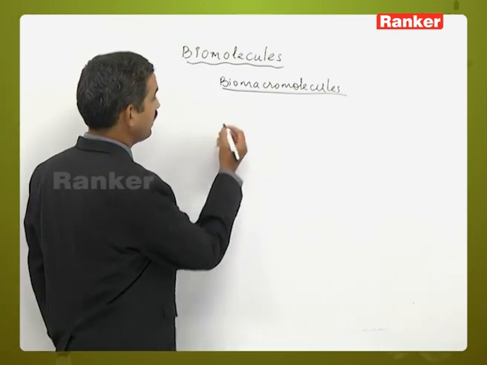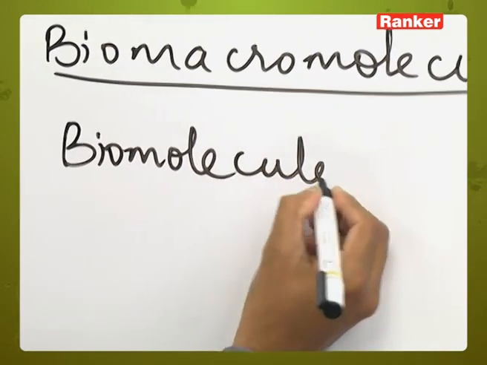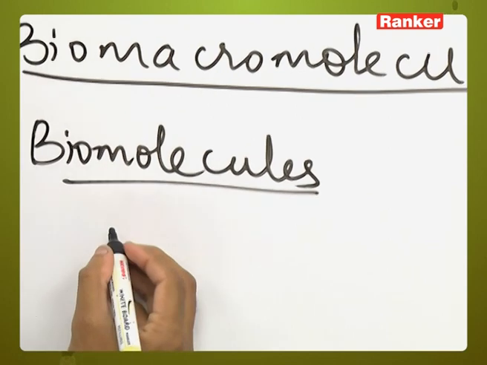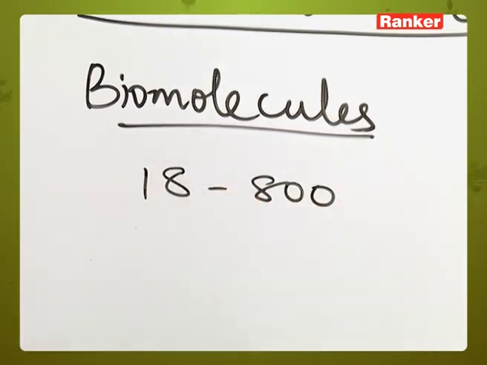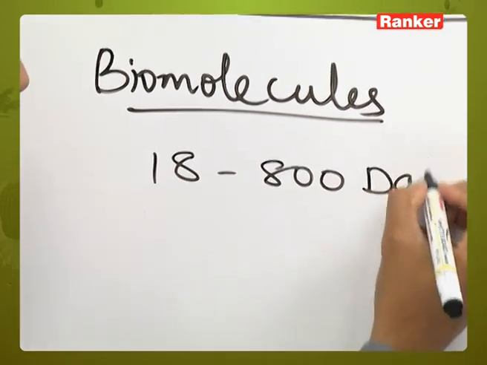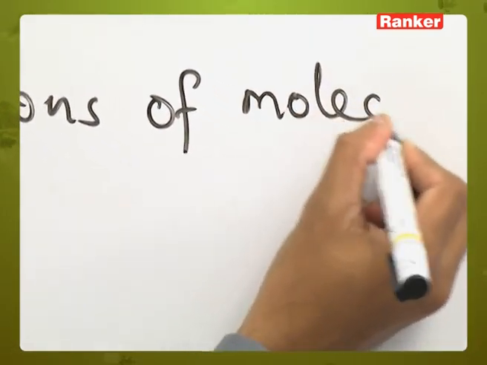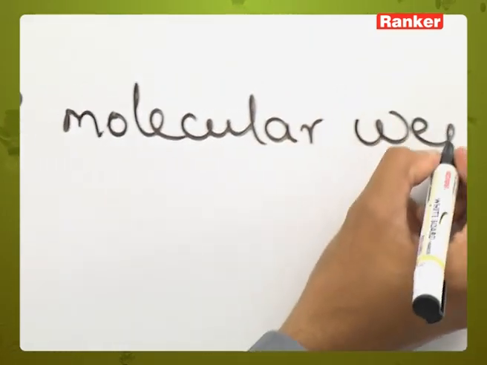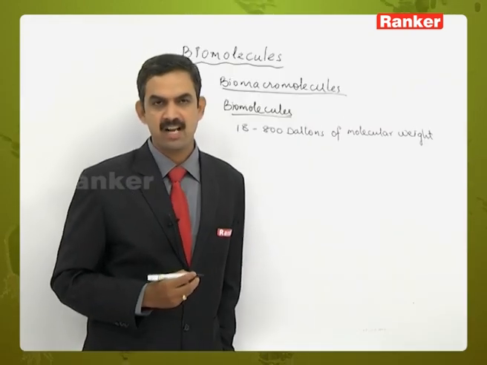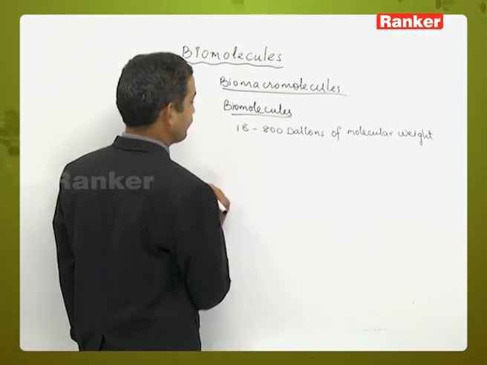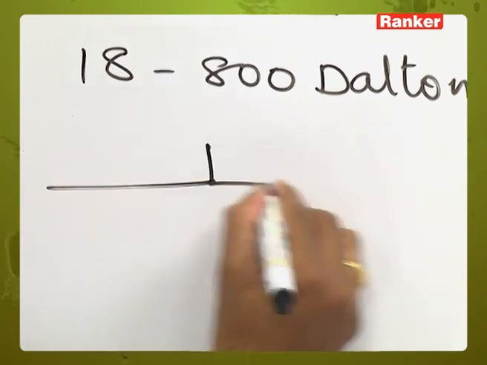So, actually here the biomolecules means the ones having 18 to 800 Daltons of molecular weight, but there are some which contain a molecular weight of more than 800 Daltons also. Based on that, the biomolecules are differentiated into